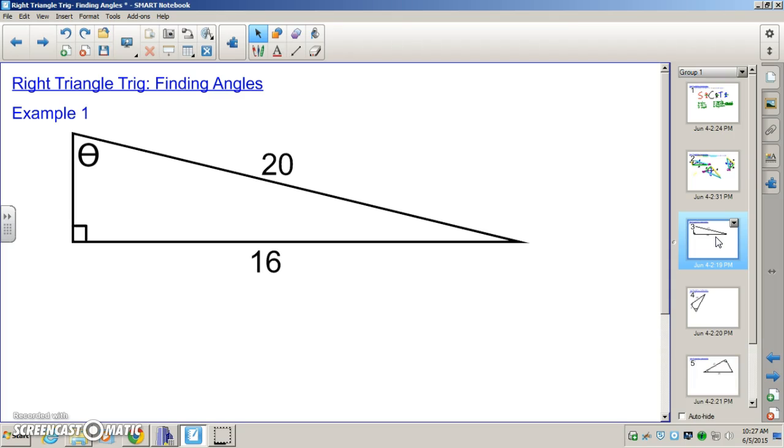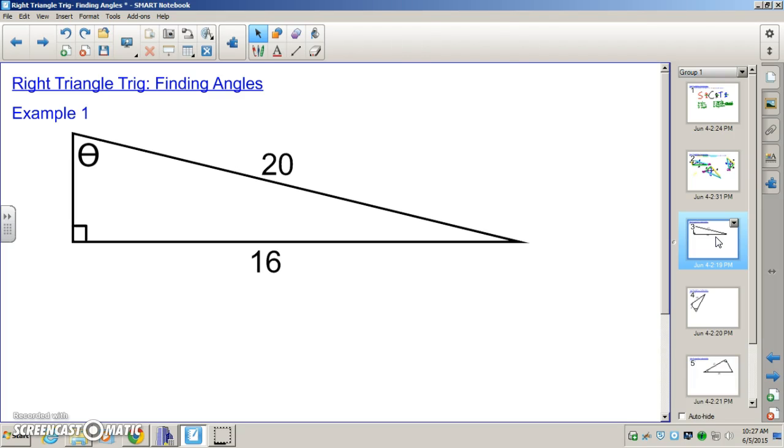So let's try an example out here. I'm trying to get that theta, and I'm given a 90-degree triangle, so a right triangle, and I have two things. I have a 20 and a 16. I need to decide, am I using sine, cosine, or tangent? So when I look at that,